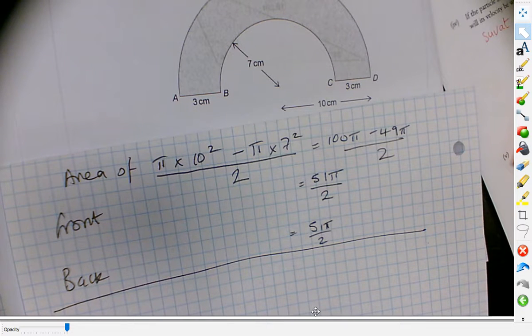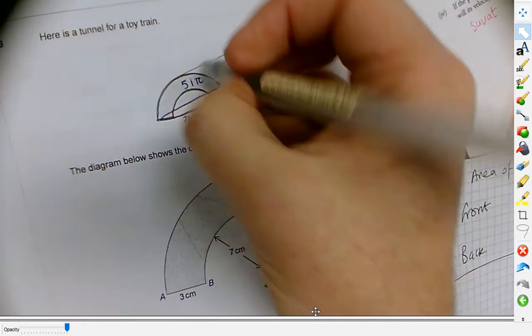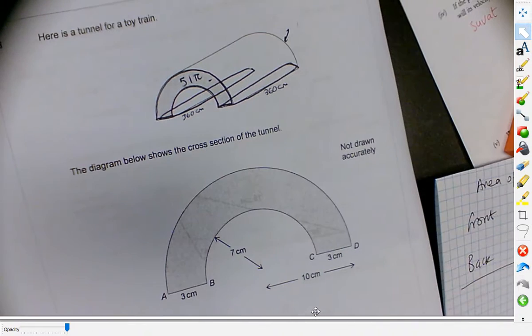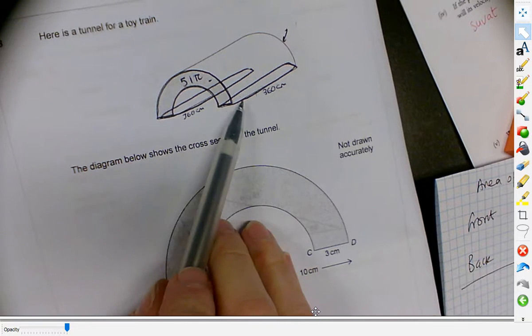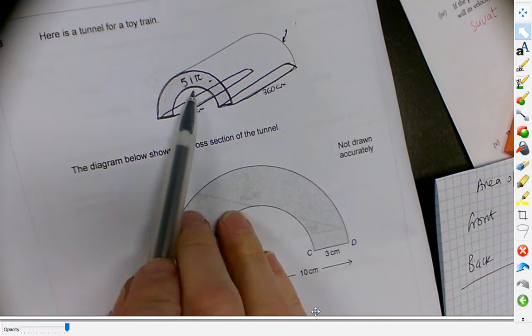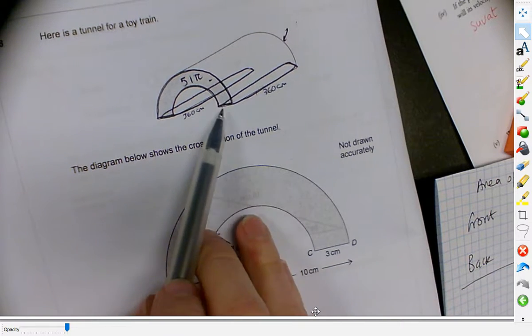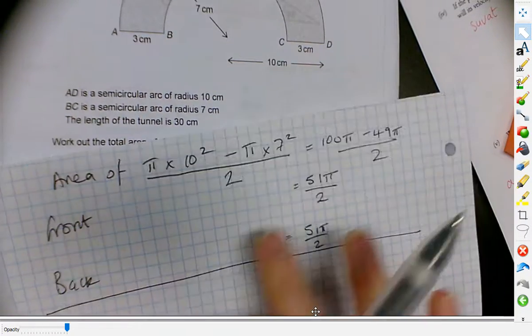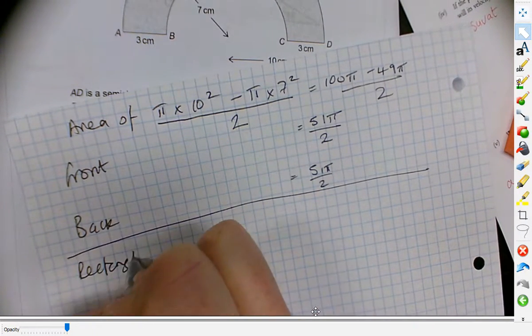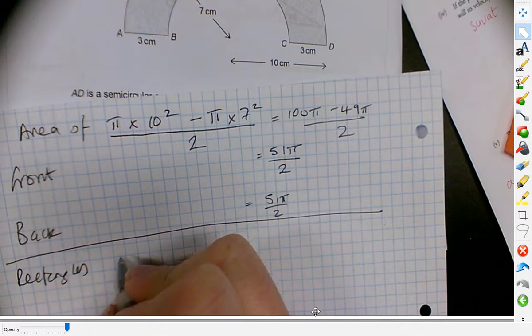I think the reason that they're telling you there's 6 faces here is it might be difficult to see all 6 faces and which ones you're actually working out. Okay? So, look at the diagram. We've worked out this face and the face at the back. Where are the other faces? Well, I've got this curved face. I've got this curved face, but I've got a rectangle here and a rectangle here. Those rectangles are going to be dead easy to work out. So let's do the rectangles first. So the rectangles, they are 3 centimeters